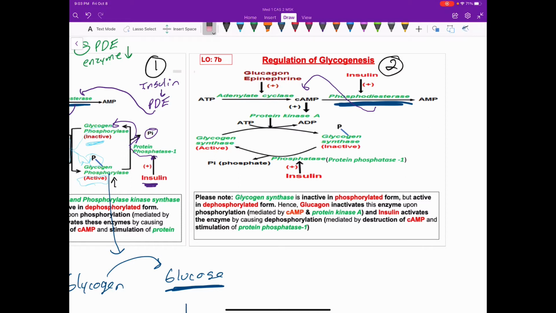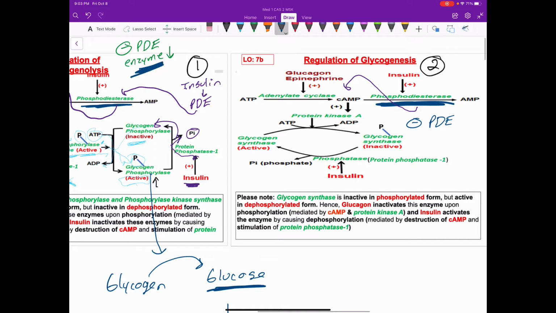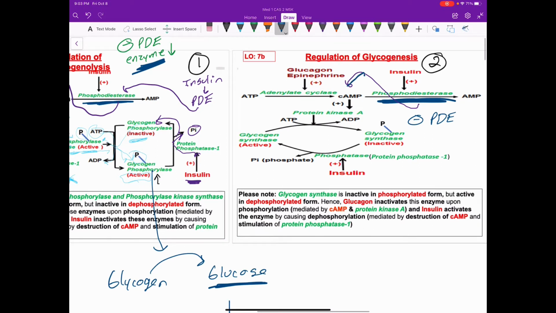However, phosphodiesterase is what? He's inhibited. He's inhibited in our question stem. If he's inhibited, what's going to occur? Well, cAMP is not going to be turned off. That means protein kinase A is not going to be turned off, right? Well, if he's always turned on, he's going to keep making glycogen synthase inactive. We don't want that. So in a normal state, if PDE wasn't inhibited, he's going to make glycogen synthase